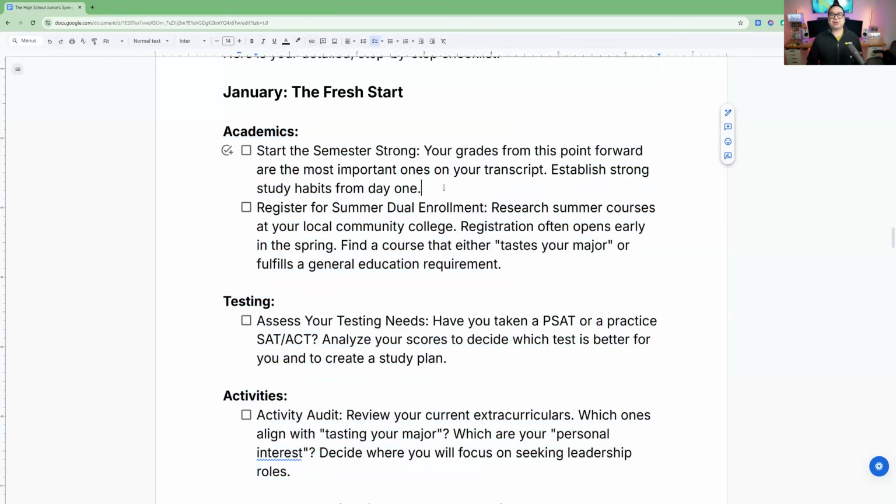So in this month, there's a few things, right? First off, when it comes to academics, one thing you can do, you want to start your semester strong. Meaning, again, grades don't magically go up and down, right? Everyone starts at a high grade and it slowly teeters down over the years if your grades dip, is the key. So you can track it going down.